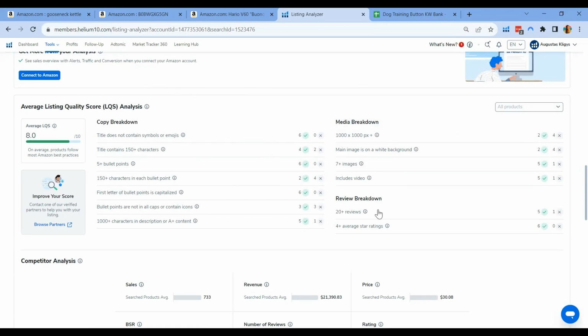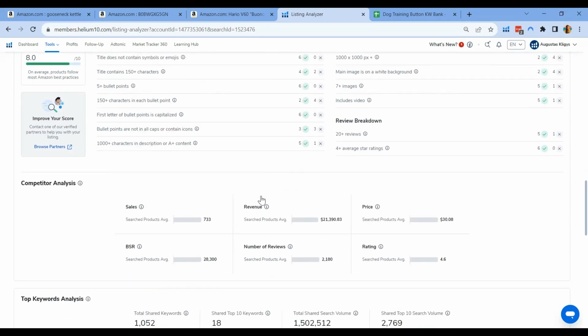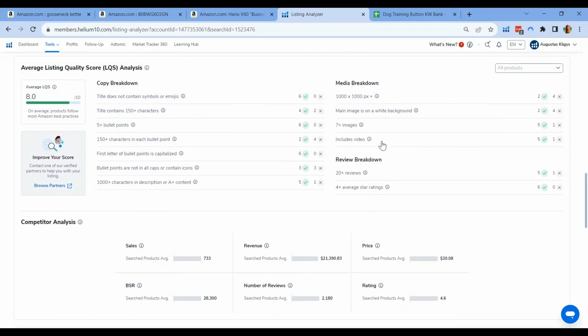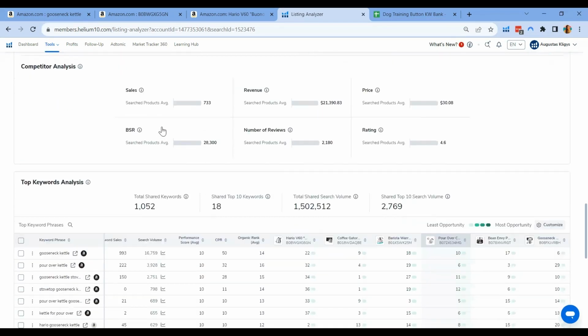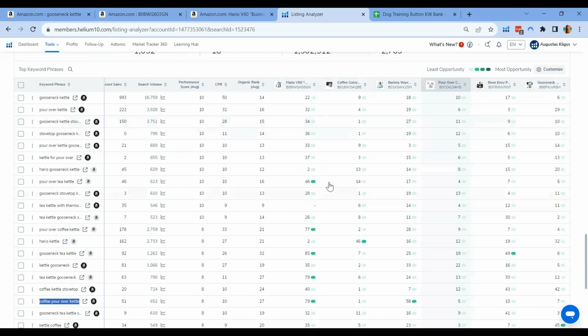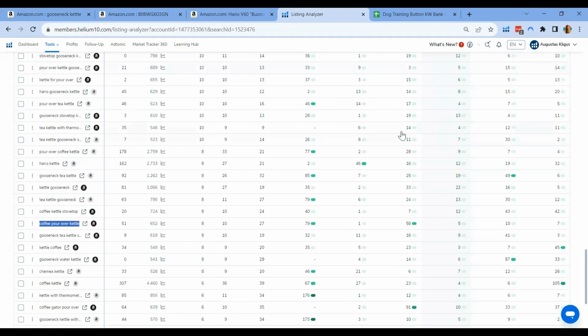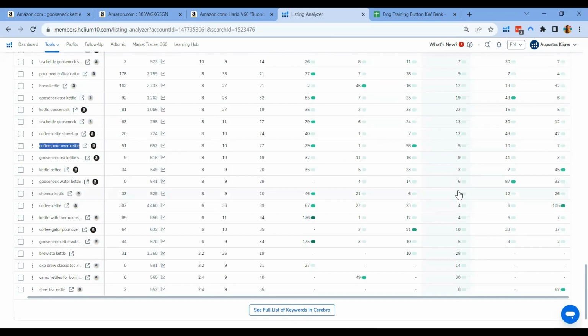This is your main advantage if you're using such data-enriched tools such as Helium 10. It will really help you have a sneak peek at your competitor's keyword and product image strategy to pinpoint the strengths and weaknesses, as what we have seen here. The strengths in the media, the strengths in the optimization of the character limits, and the ranking from the top keywords that these competitors are using on their titles, and what we can capitalize on from there. And it can really help you gauge your opportunities to gain a competitive edge against your competitors and win the sales.